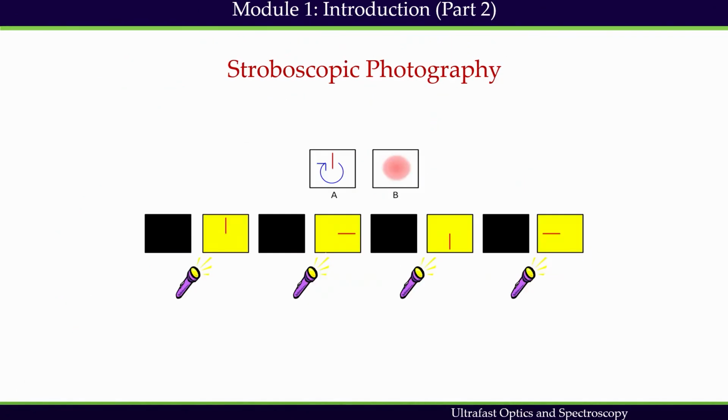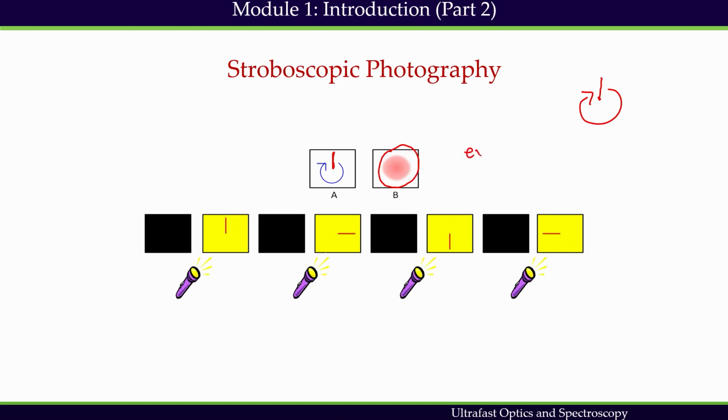A schematic illustration of capturing frames of a rapidly rotating dial, which is A. This dial is rotating this way, and if it is rotating very fast, then what happens? Generally, we experience at home all the time when the fan is rotating very fast, we see a blur image. We cannot distinguish each blade. So, if it is rotating very fast, then we get a blur image by our eye, and in that case,